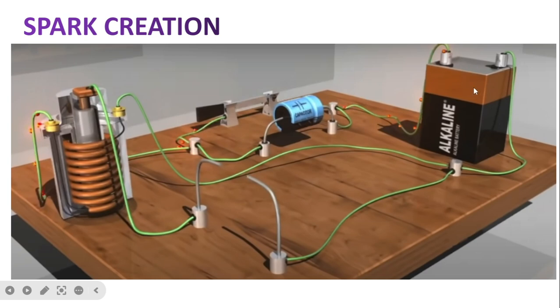Means what we did, in the battery connection only one ignition coil device was connected, but in this whole connection we also inserted the capacitor on the positive side, in series. Okay, actually it is connected here. There is the switch, and just to this side they have connected the capacitor.